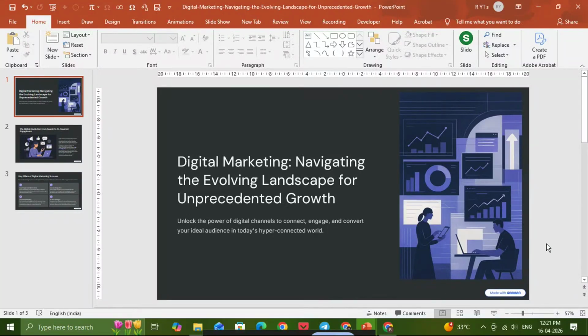Today I'm going to show you how to remove the Gamma watermark from PowerPoint quickly and cleanly. If you've created a presentation in Gamma and now you want to polish it up for a final export or client delivery, this simple method can help you remove that watermark from every slide at once instead of fixing each